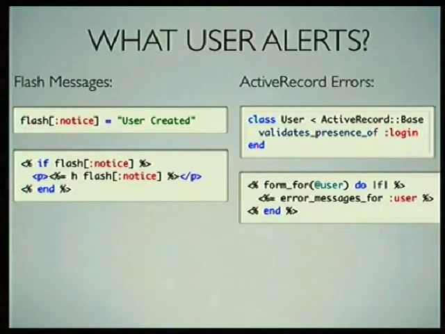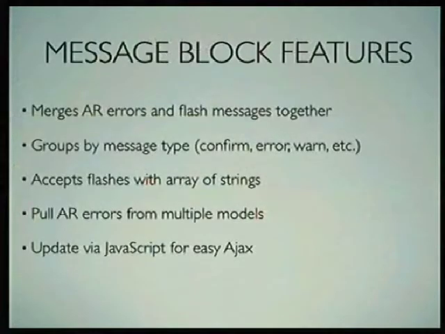But currently, how you might display this in the view is right there. So you have a separate block where you just output the flash with maybe a class or something, and then Rails, of course, has a helper called error messages for, which will emit a nice list of active record errors, but they're not combined. They don't fulfill the same purpose, really. So message block is a Rails gem plugin,